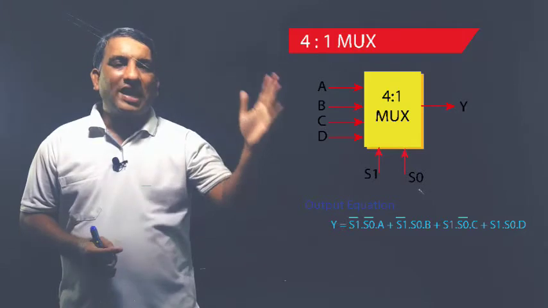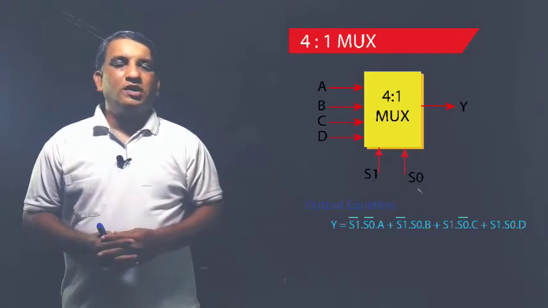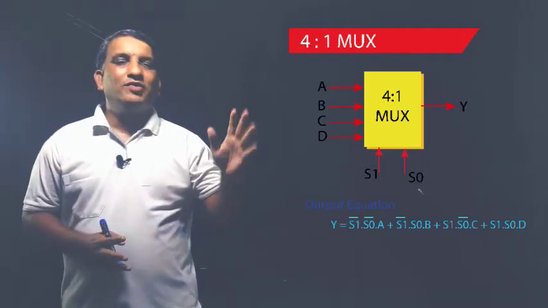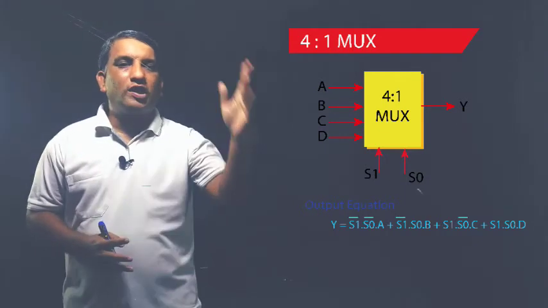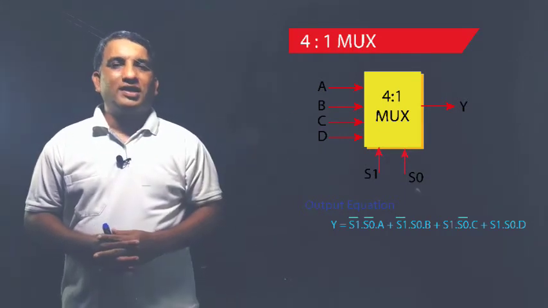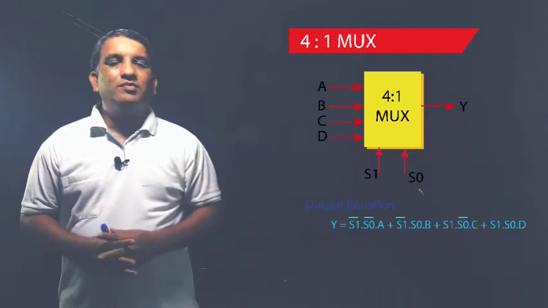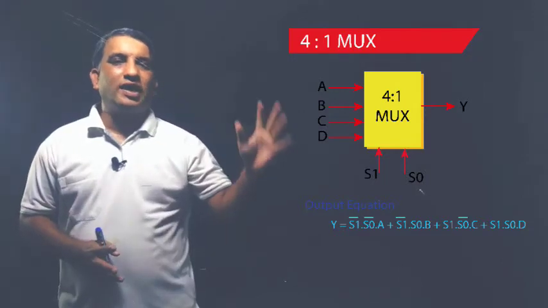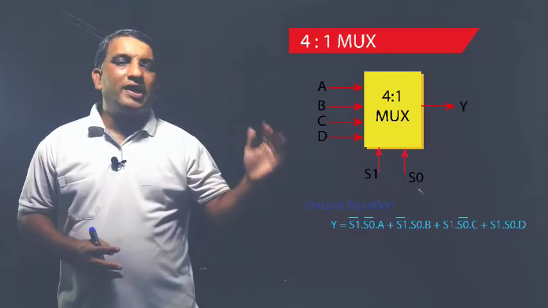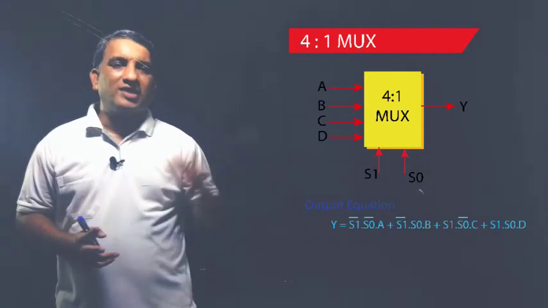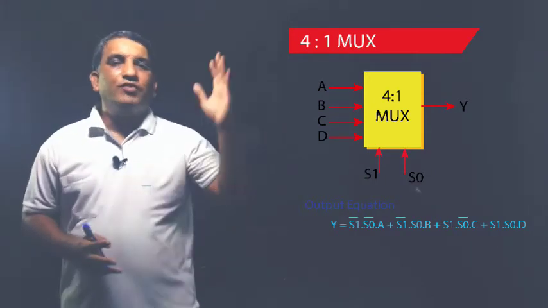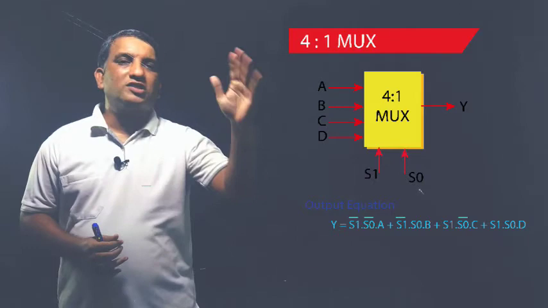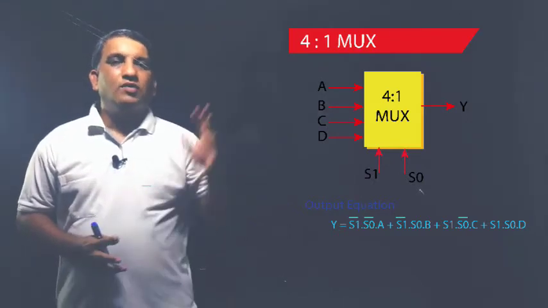As it is having the 4 input ports and 1 output port, again we require the select lines. So for 4 inputs we require the 2 select lines. So I will give the name to the select lines as S1 and S0. Depending on the value of S1 and S0, which input port is transferred to the output will depend.